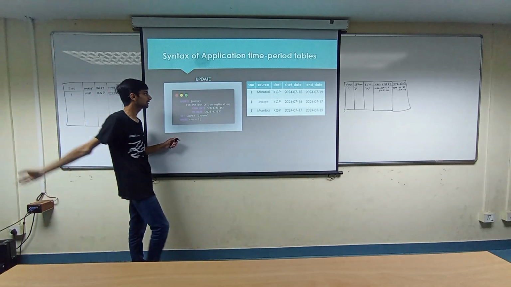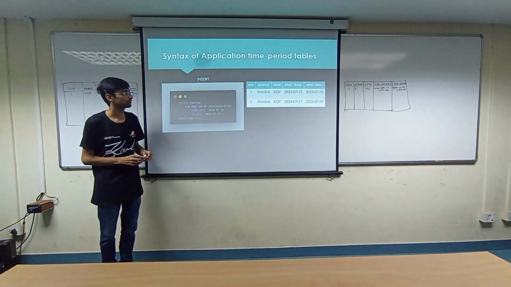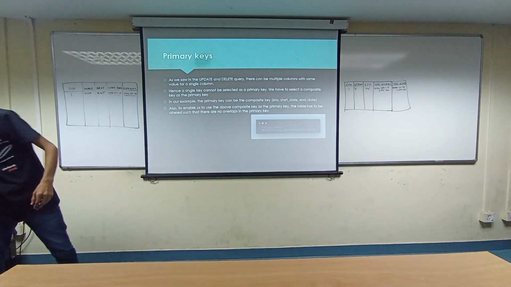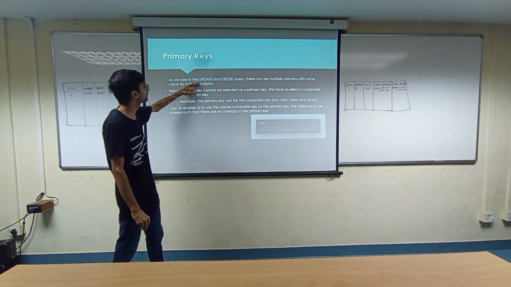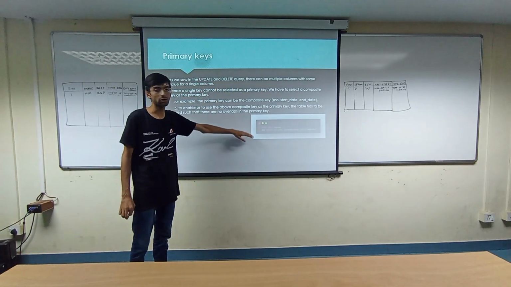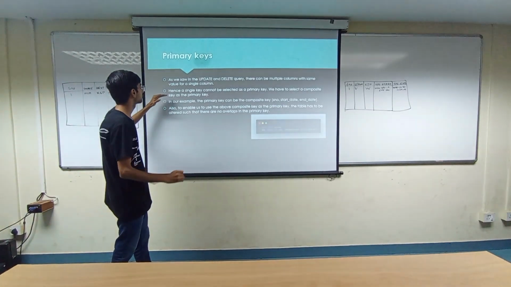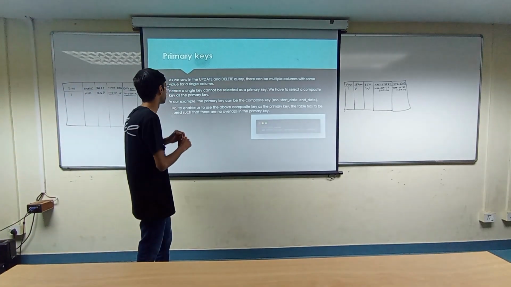So after deleting, we can see that that column is stripped off. Okay. So now let's see how I can set the primary keys for this. As we can see in the update and delete query, there are multiple columns which are added for the same serial number. So hence a primary key cannot be a single column, it has to be a composite key.